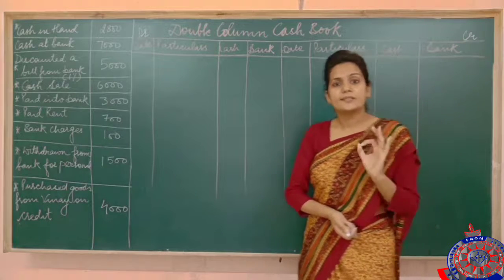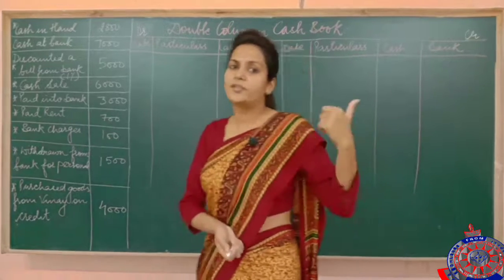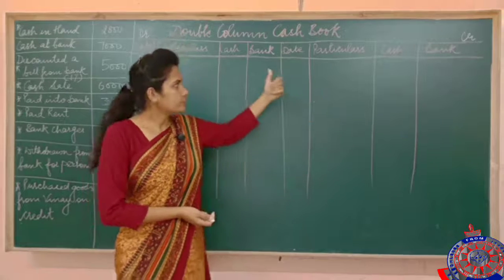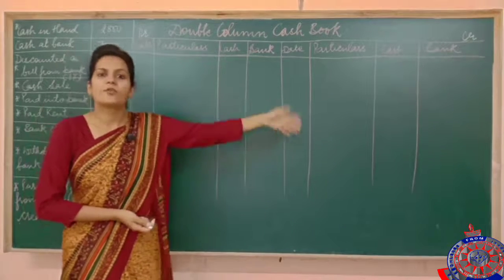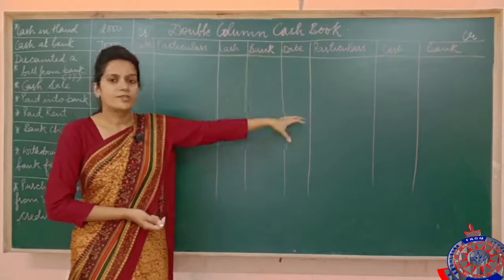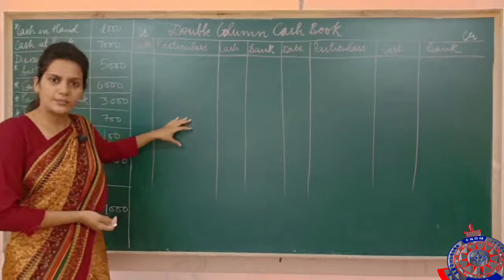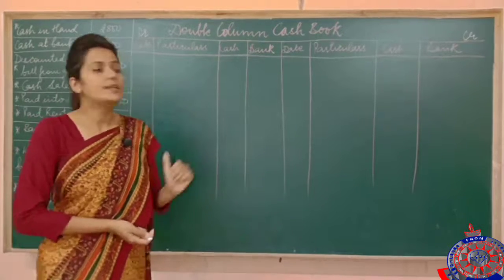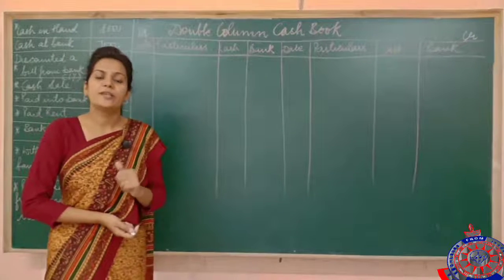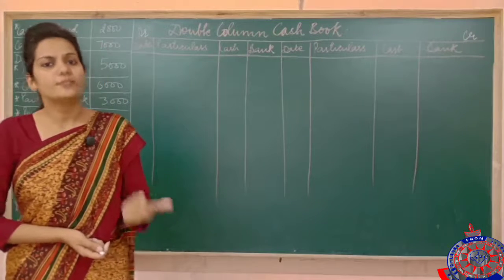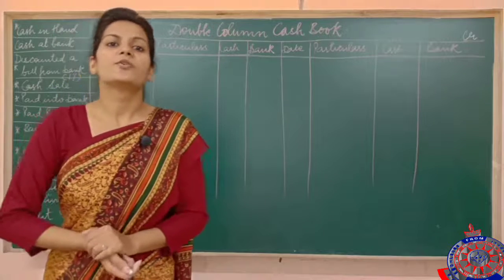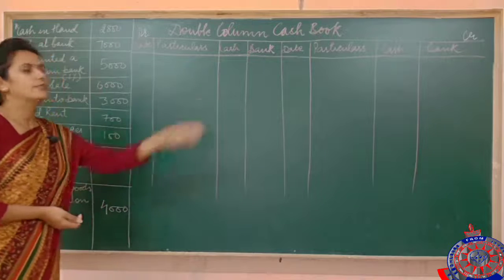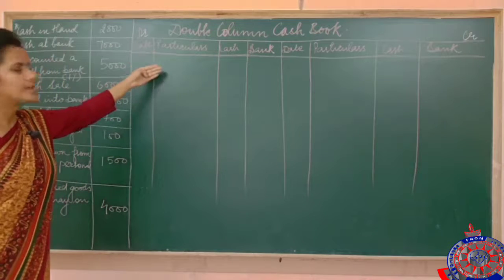I made you understand this also, that cash can never be written on the credit side, because that would mean the credit side was greater, so we put the difference on the debit side and bring forward the balance. If the credit side of cash is greater, it means payments are more than receipts, which is practically not possible because we can't spend more than what we have. So logically, cash can never have a credit balance. Cash will always have a debit balance.